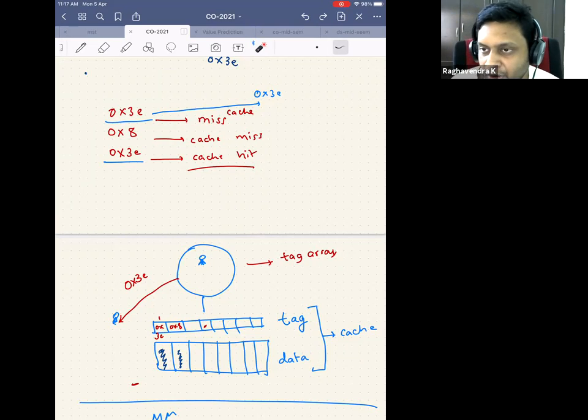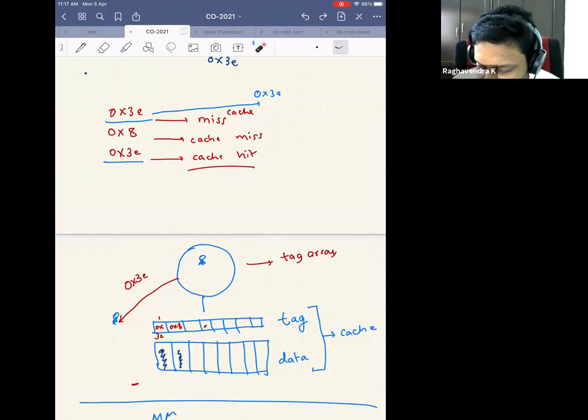You should ask me what the Intel i7 processor is using. They never say what the replacement policy is, because it's an internal document. But people have reverse engineered it and figured out that they actually use something called RRIP, re-reference interval prediction, whereas AMD still uses a replacement policy called LRU, the least recently used policy. People have come up with many different replacement policies, but anyway, we'll not get into it.